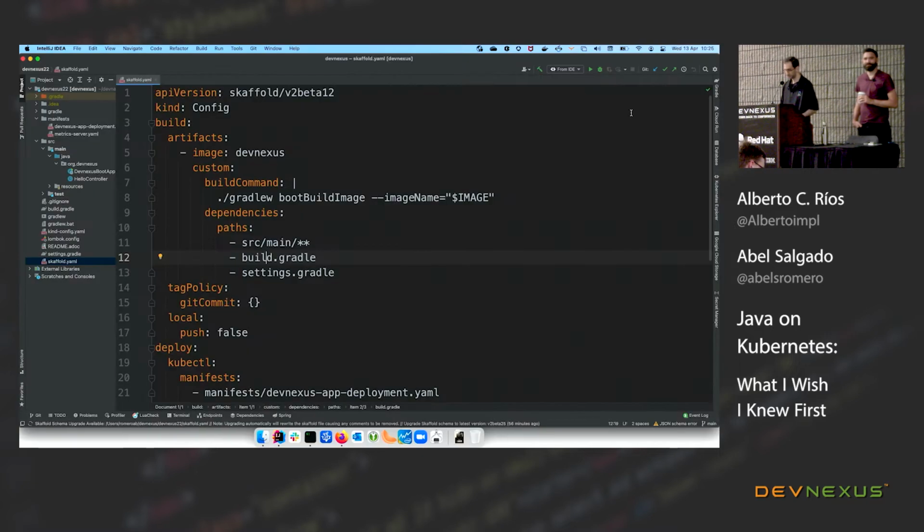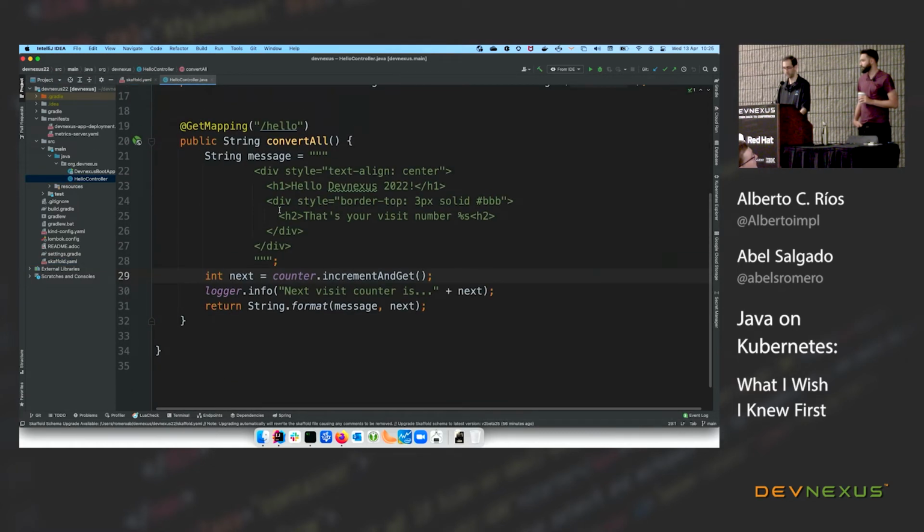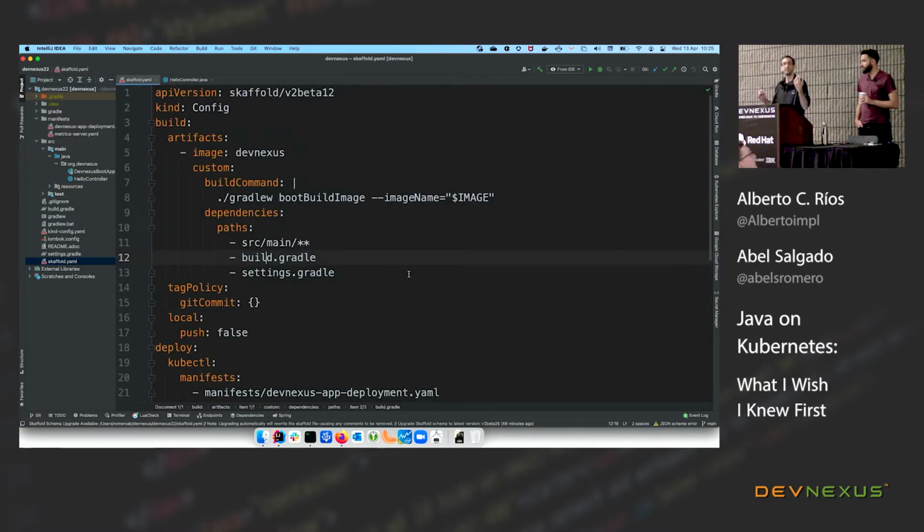If you clone the repo, you will see it's a simple Spring Boot application with a normal REST controller with a hello world that just returns some HTML and a message, nothing special. The important thing is what I was mentioning about Scaffold. Scaffold is just a CLI tool that helps you handle the deployment and lifecycle of your application. From the very beginning, like, okay, how do I build and compile my application from source, to the final steps of, okay, I need to deploy not only this jar in a Docker file or whatever, and this image,